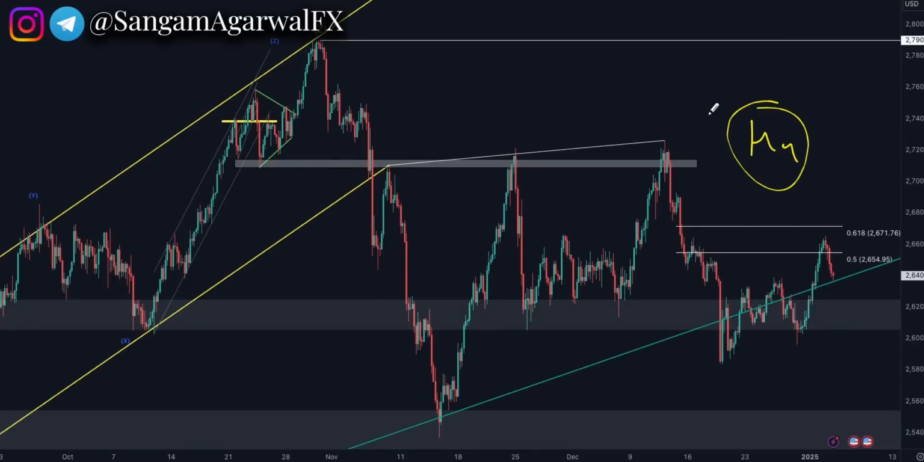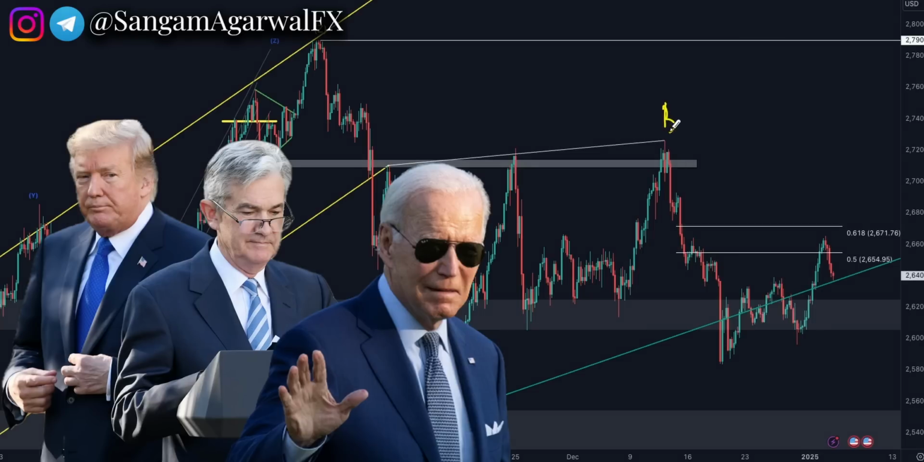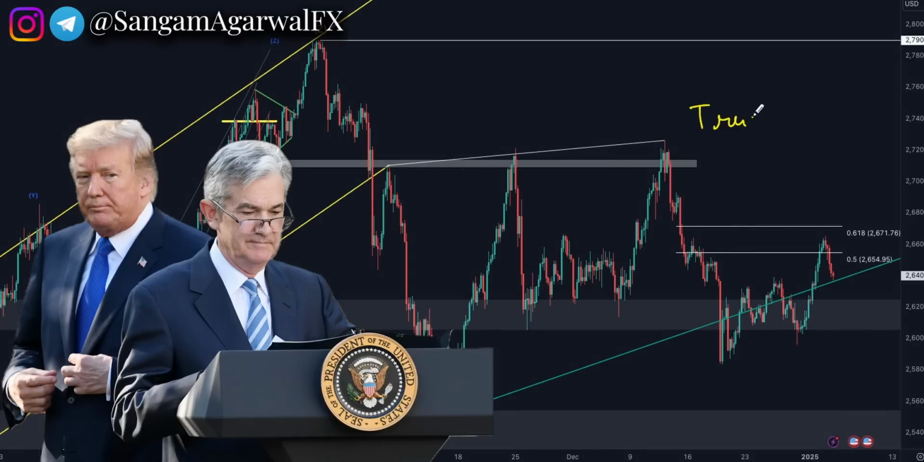Gold H4 time frame. Finally, we are in New Year 2025. The old question is still the same, but under the second term of Trump, everything changed. But Biden is still your president. Magic of politics. It is all about what Trump will do in the second term and what Fed Powell will do